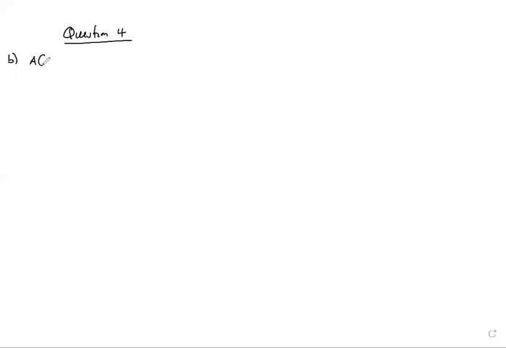So A, 16, 1, -2, coordinates in space. B, -9, 1, -2. C, 0, 1, 10. To check that the triangle formed by these 3 points is right angled, we